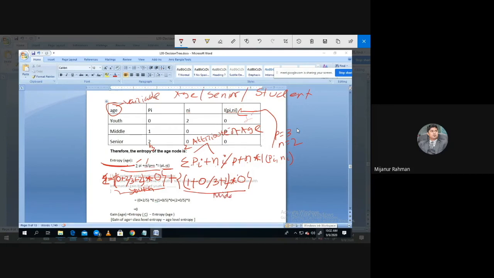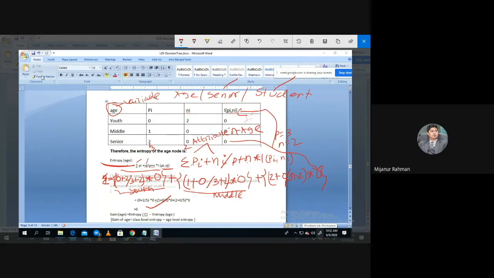সো নাও সিমিলারলি সিনিয়রের জন্য এখানে পিআই কত? 2 প্লাস এনআই কত? 0, দেন পি কত? 3 প্লাস এন কত? 2 ইনটু আইপিআই এনআই কত? সিনিয়রের আইপিআই এনআই 0। ইফ ইউ ক্যালকুলেট ইউ উইল ফাইন্ড অ্যাকচুয়ালি 0। সো আমরা তাহলে এইজের এন্ট্রপি পেয়েছি কত? 0। এখন সিমিলারলি তোমাকে এন্ট্রপি বের করতে হবে ইনকামের, এন্ট্রপি বের করতে হবে স্টুডেন্টের।